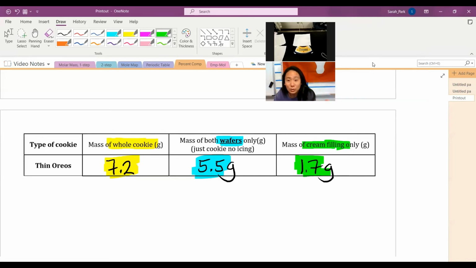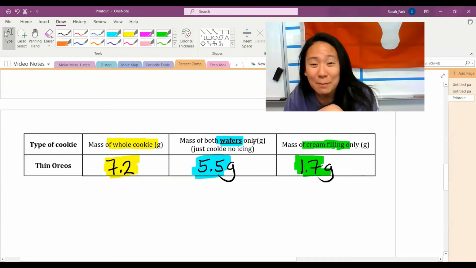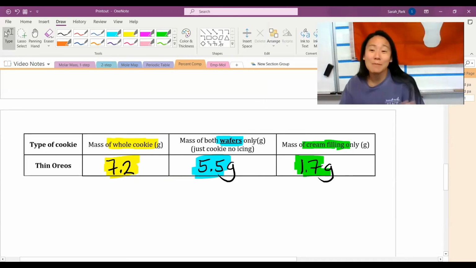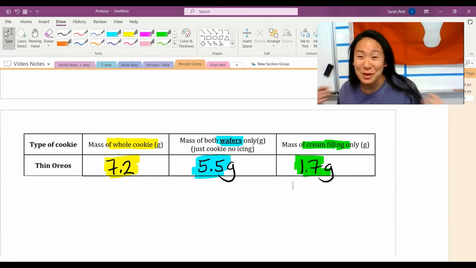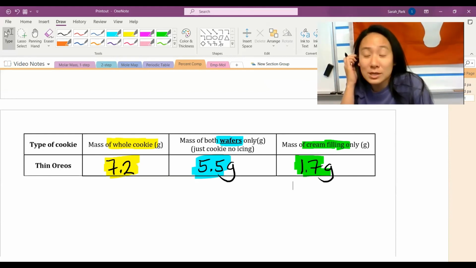Sometimes, though, when you're doing this in real life, you lose part of the cookie or you lose part of the cream, so it doesn't completely add up well. And if that happens, that's just part of the error of the lab. You're not perfect, we're using really ghetto materials. I'm using a cool spoon here. So it doesn't always come out perfectly, and you have to account for that